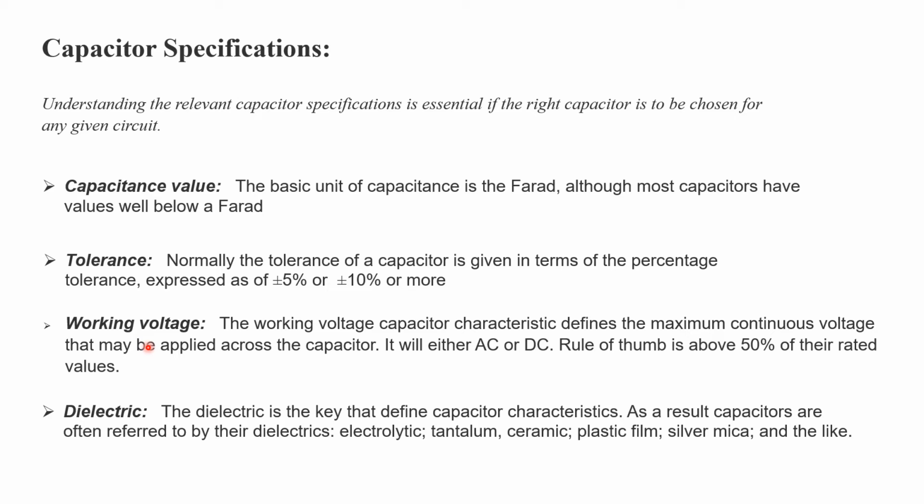If you want to be on the safer side, the rule of thumb is to keep it above 50% of the rated value. Suppose you have an application of 12 volt, I'll recommend you keep the capacitor voltage rating at minimum 24. But in the case of a 230 volt application, 230 volt into root 2, how much will come? Around 325. So over 325, if you're a very good designer, you can keep 10 to 20% margin, meaning for 400 volt you must keep it, and above that is very good.